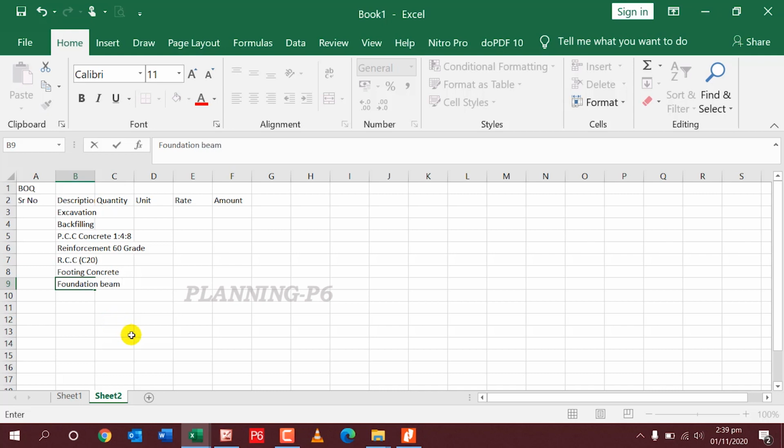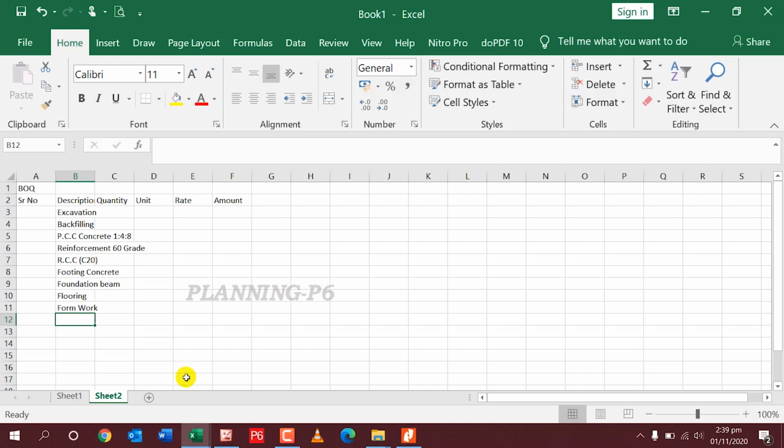And the next last one is flooring. Next one is formwork, and the last one is bitumen coating. So we have all these items to perform this job.